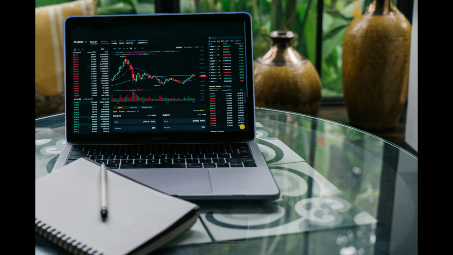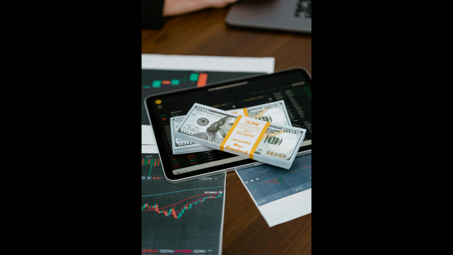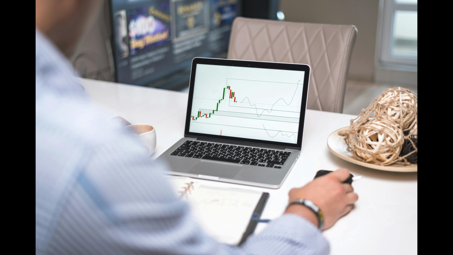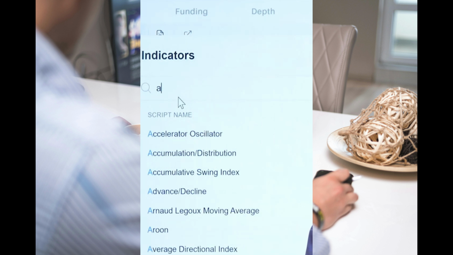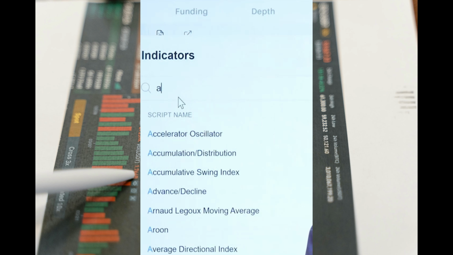So now the biggest problem arises: how do you set a stop loss? What should you look at for your stop loss? Either you should set your stop loss by looking at your strategy, and if you are not deciding your stop loss based on the strategy, then there is an indicator for this. Here is the indicator section where you can go and